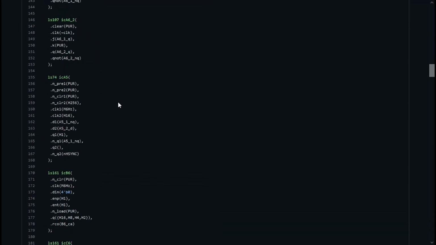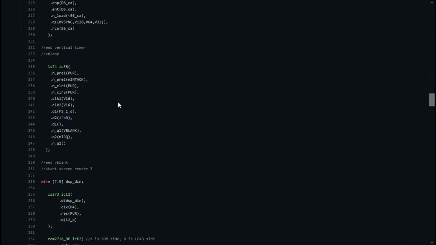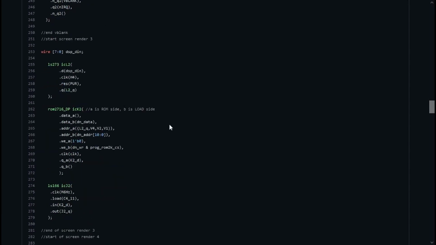So if we go down to our first one, I think it's a prom file. No, we're actually doing the character ROM first. So what we've had to do is we've created a dual port ROM file. We've seen before we had a dual port RAM for our video RAM. So why did we do that? We had it so that the video circuitry could look at the video RAM and the CPU could write into the video RAM. So we're doing the same thing here with all of our ROM files,